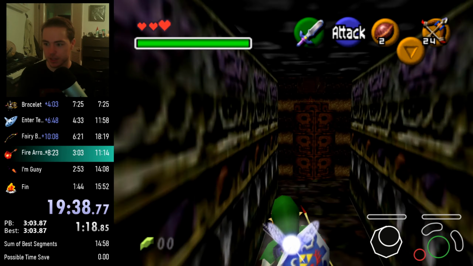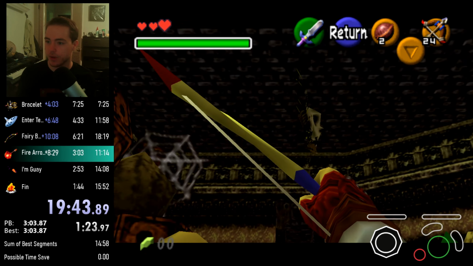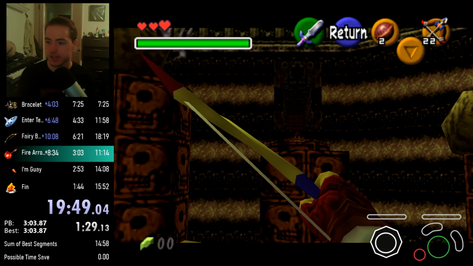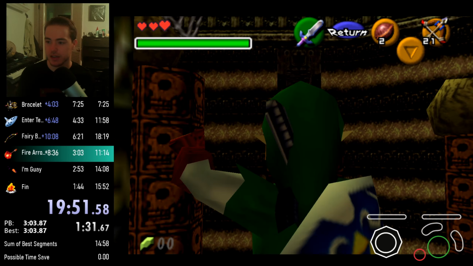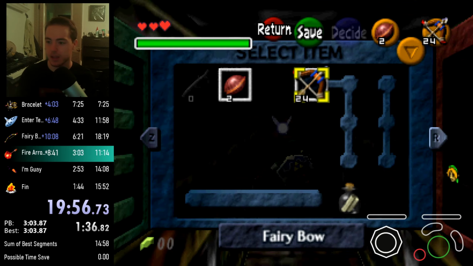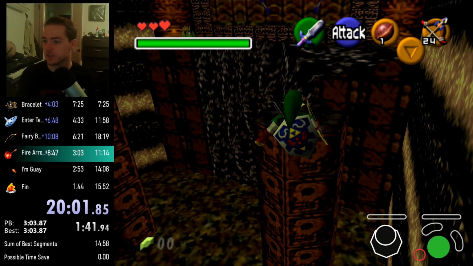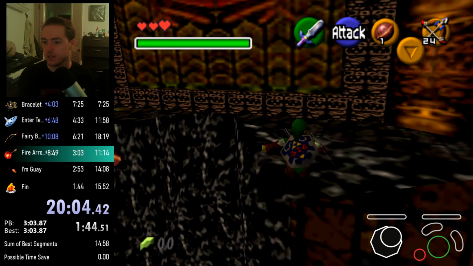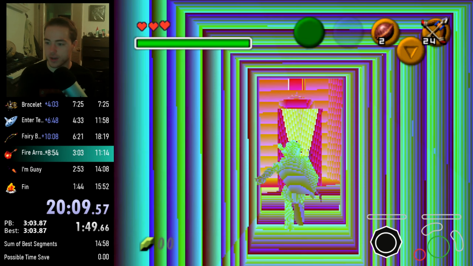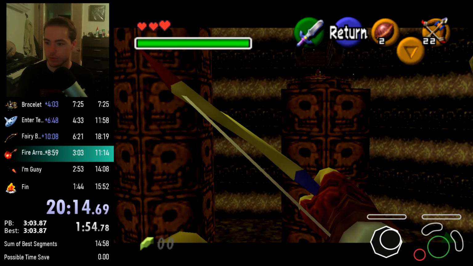You blow that up, come into this room, and this room is fun. So the way that I go about things is you need to kill this Skulltula, and then you'll wait for this guy to pop up to kill him. And so you notice, in theory, I just lost like 2 seconds waiting for him to pop up. And yes, there's a faster way to do it. You can Deku Nut this skull, move across, deal with that guy, shoot the guy over here. That's the theoretical fastest way to do it, and you'll notice my weird pause screen. But I think the 2 seconds is worth it because it's so much easier to just